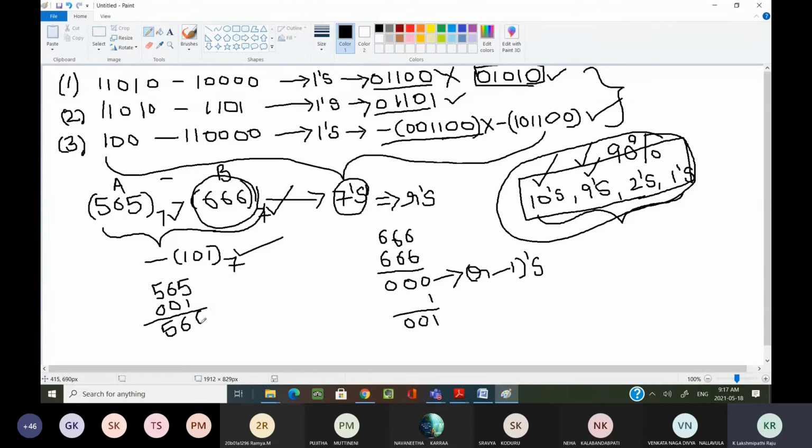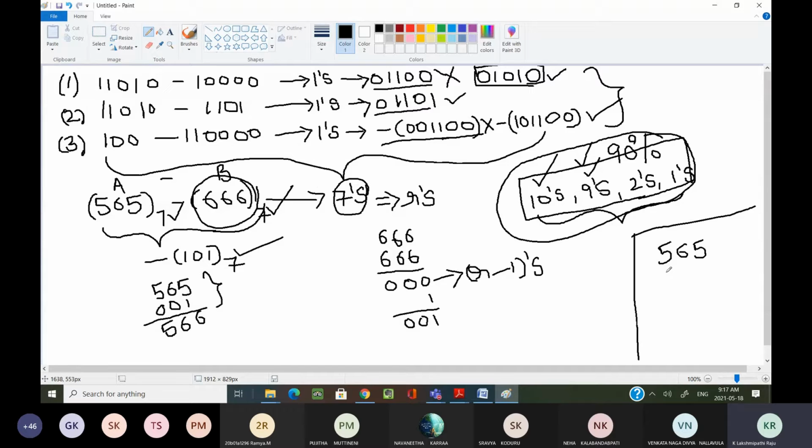Here I want to tell you some important points. The problem we have taken is from one of the previous year question papers, and in this problem we don't face any problem while adding. Sir, what are the problems we face while adding? Suppose now, see here, this is our 565. I'm taking some random numbers.